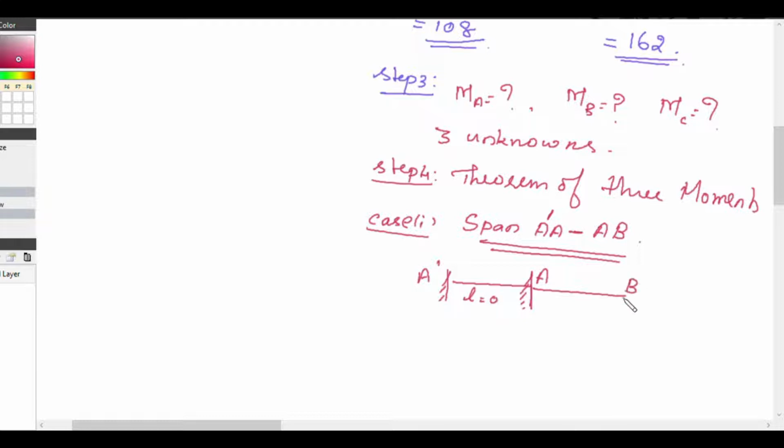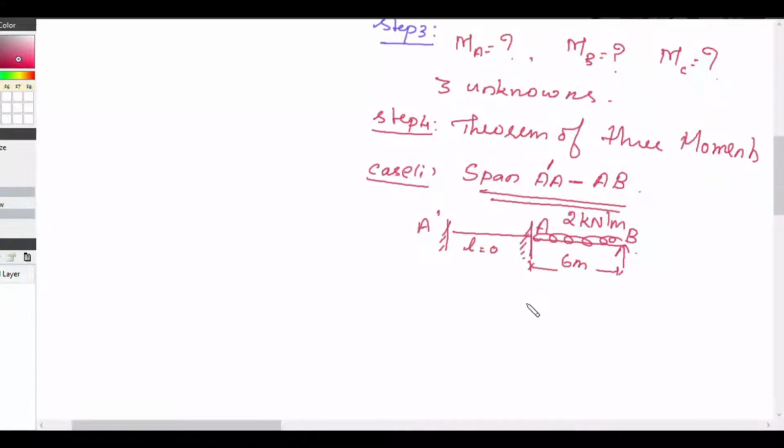And for AB, it is of span length 6 meter and we have a UDL of 2 kilonewton per meter. Now we will apply the theorem of three moments. We know the theorem of three moments. The equation for the theorem of three moments is